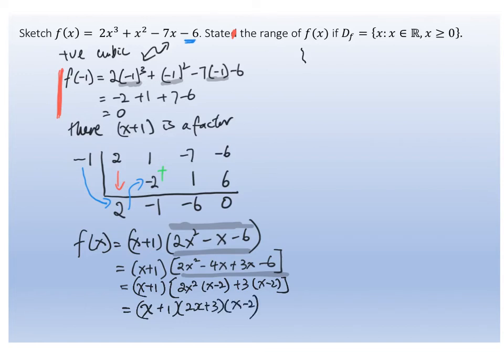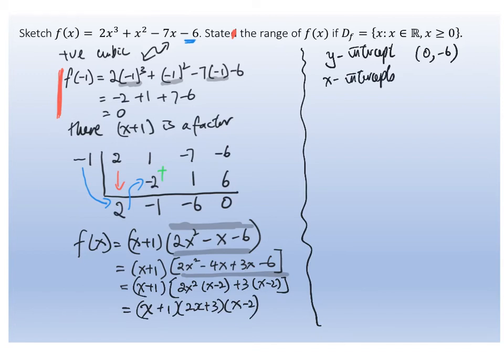Alright? So now we can find the intercepts. The y-intercept, read straight from the general form, is 0, minus 6. The x-intercept,